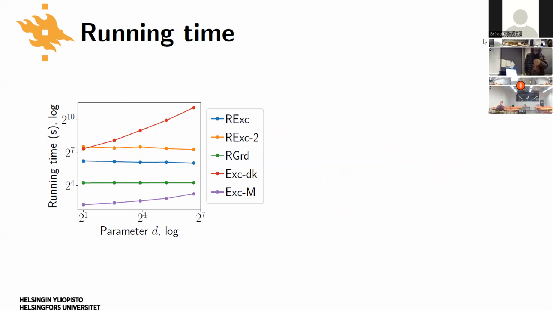There's a drawback in using the baseline one, that it's computationally more heavy. And you can see there, the running time starts to grow if we start to increase the parameter D, which is how many items we can delete. So the running time for that algorithm starts to increase while we are relatively stable. So that's our benefit compared to the baseline.